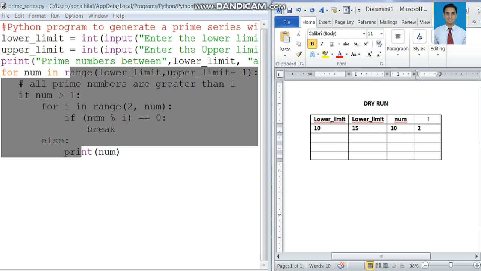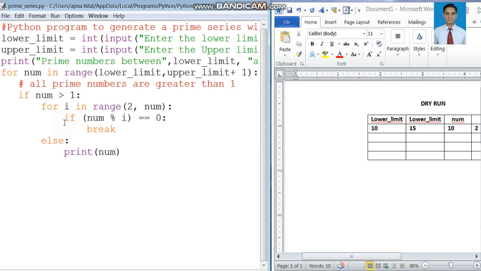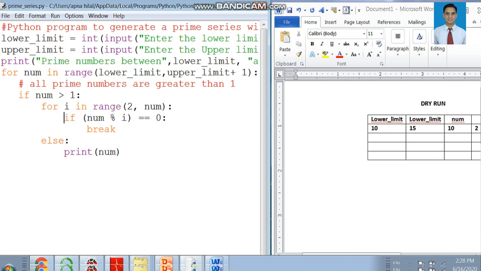If num modulus i, that is 10 modulus 2 equals 0, yes, the remainder is 0. So the statement within the if block will get executed, and the statement here is break. So the internal for loop will get exited, and the control will come to the outer for loop.